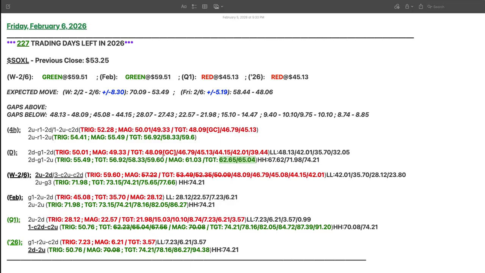Do I think that's going to happen? Probably not. Even if we do bounce, I don't know that we're going to reach magnitude of the 2-1-2 up, but it's worth a shot, right? Now on the week,